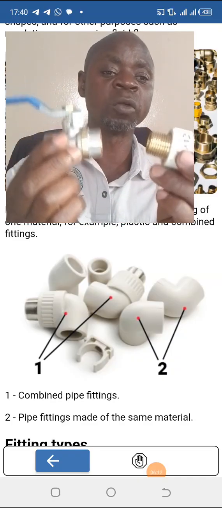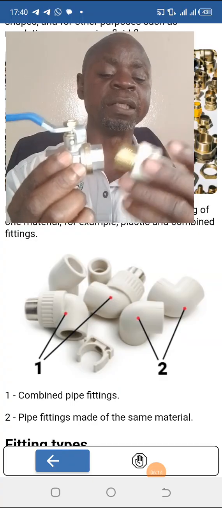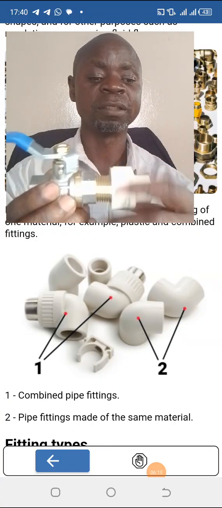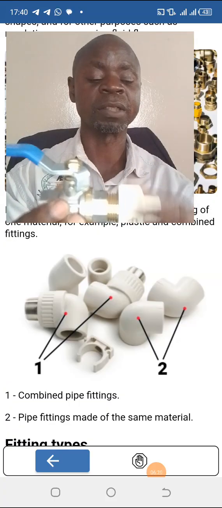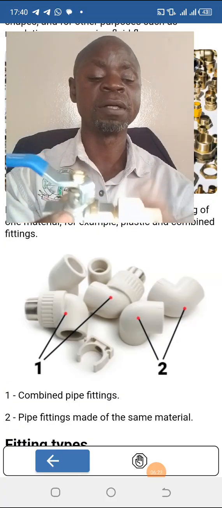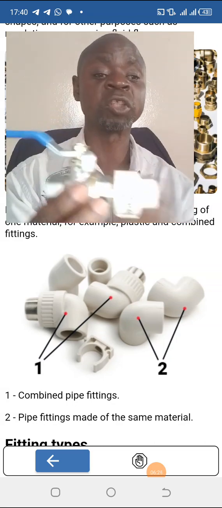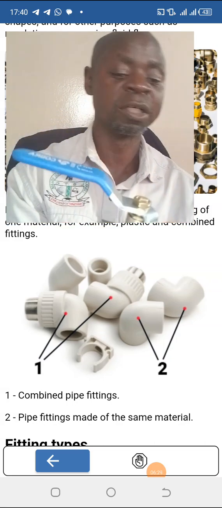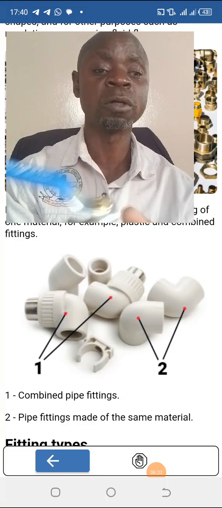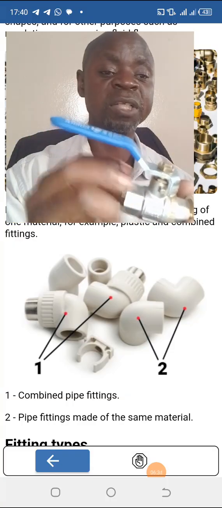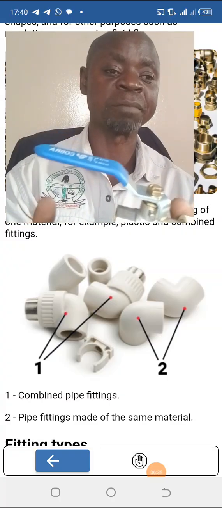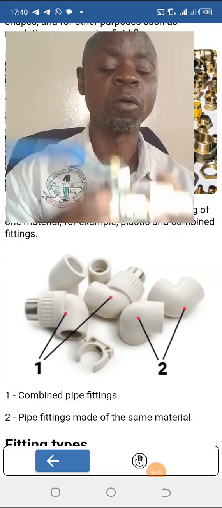So now I want to join the Bocock valve and a CPVC. So it is very easy to join. Meaning that I have changed the material from CPVC to a different material. So it means that I can still change the material from this point going. I can still put maybe galvanized iron pipe. So that is the meaning of this